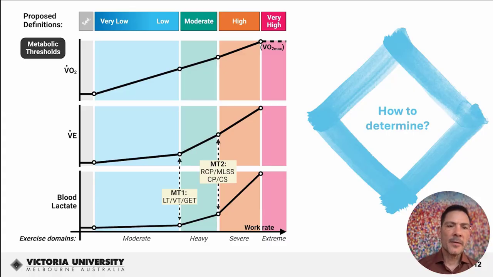There's probably a couple of things just to point out here. One is that there's no physiological marker that we could find to demarcate the very low and low intensity. Notwithstanding that, we debated this quite a bit, we still kept the very low intensity, and we did that for a couple of reasons. One is because it lines up with many of the current guidelines, such as the ACSM,